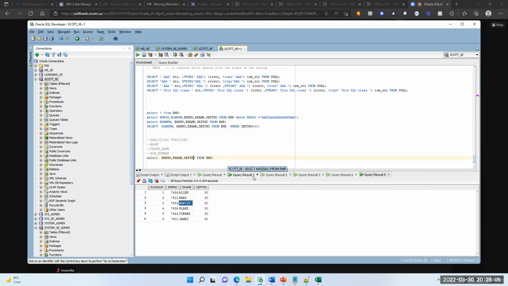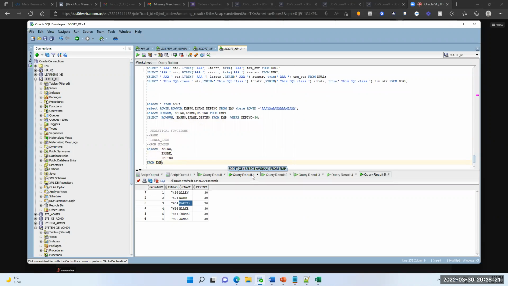Guys, the requirement is I want to display the ranking, for example, department wise rank.